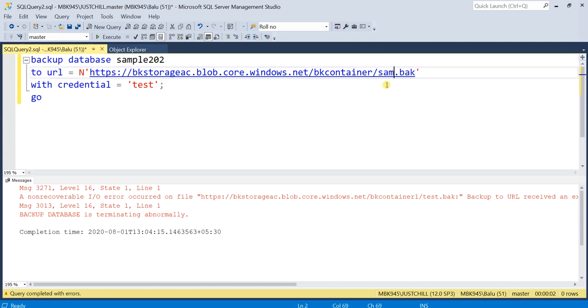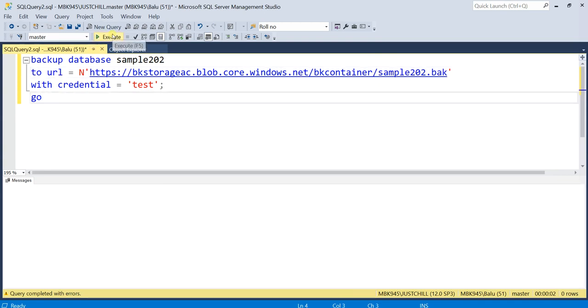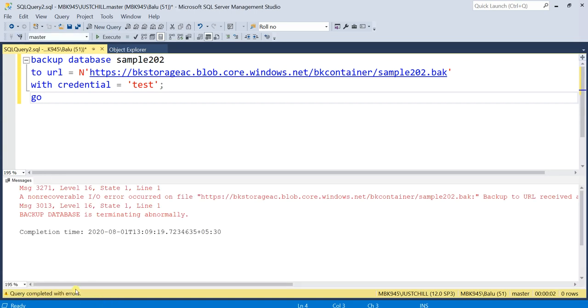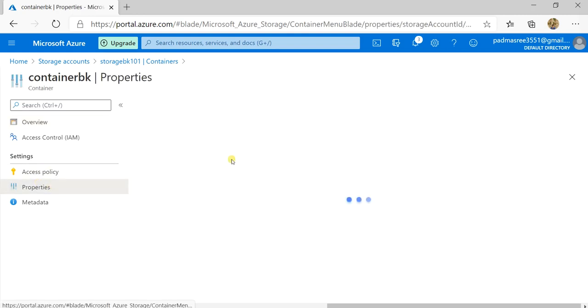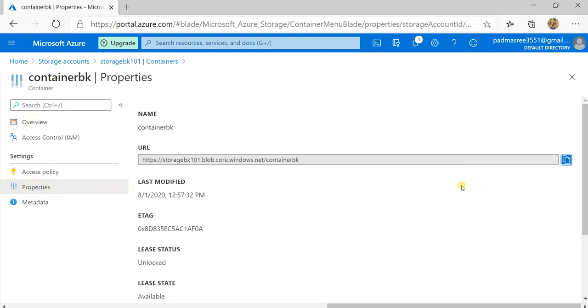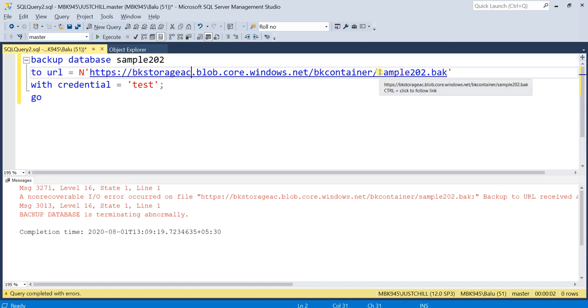Here I can give the file name, the same as the database. Now execute the query. Executing query, still the same error. So the storage account also has a different name. Let me copy the entire URL. Properties, copy, now execute.